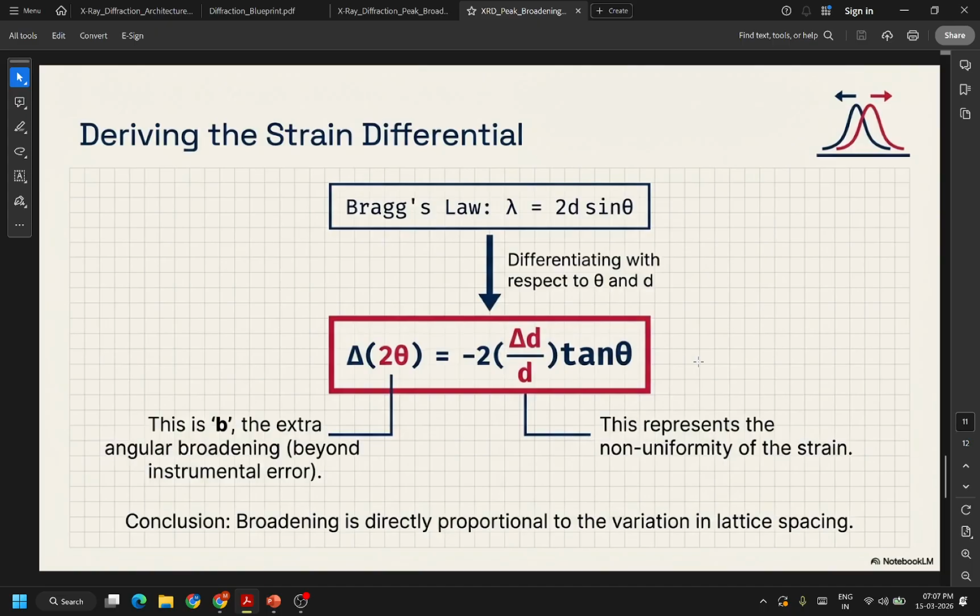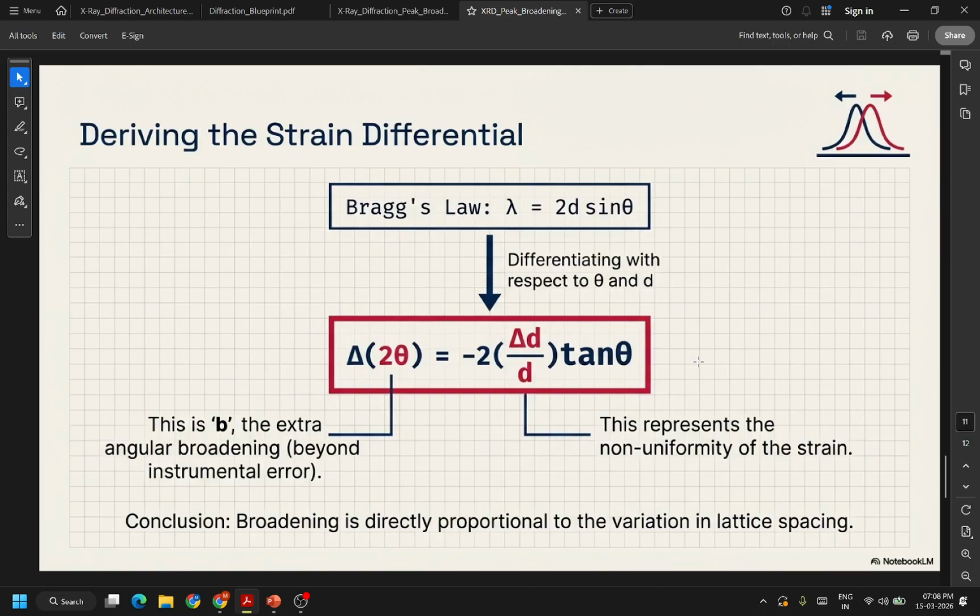So deriving the strain differential, Bragg's law gives lambda equals 2d sin theta. If we differentiate it with respect to theta and d, we get delta 2 theta equals minus 2 (del d by d) tan theta. So your del d by d represents the non-uniformity in strain,